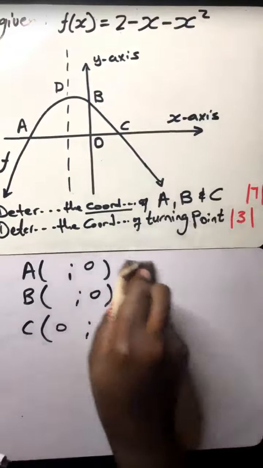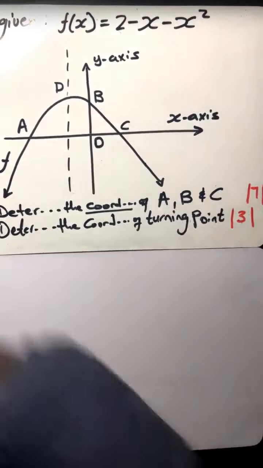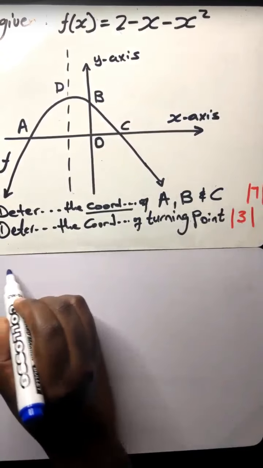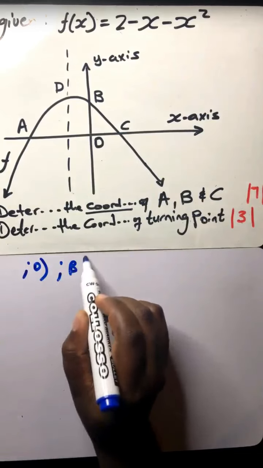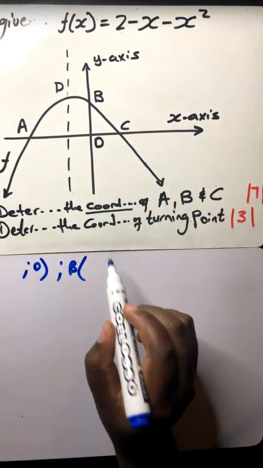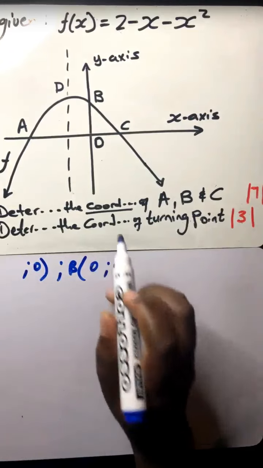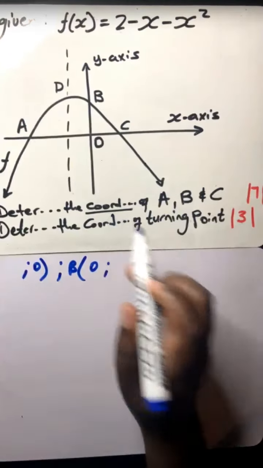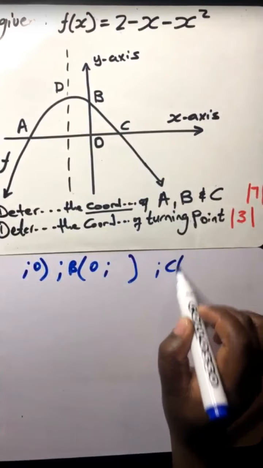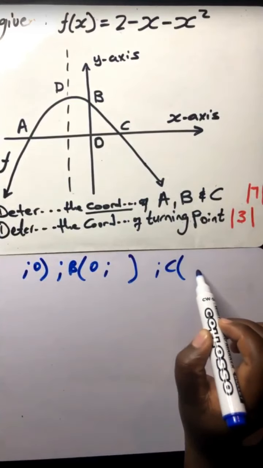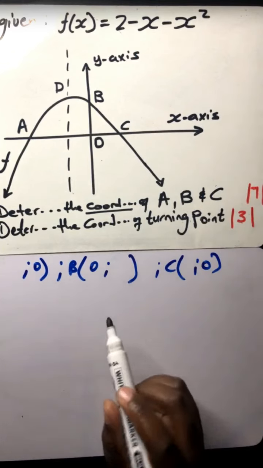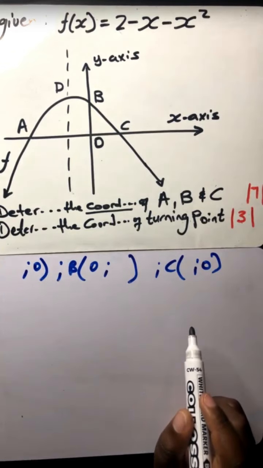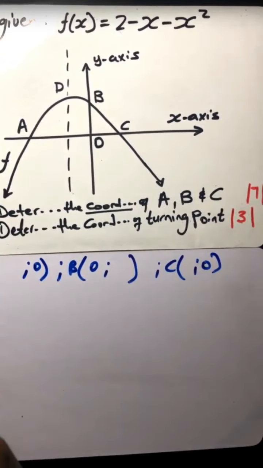So now that we agree, let me quickly do this. We are saying for A, the x value is unknown, but the y value is 0. For B, x is 0 and y is unknown. Then for C, x is unknown and y is 0. So because we are given a function over there, remember, in its standard form,